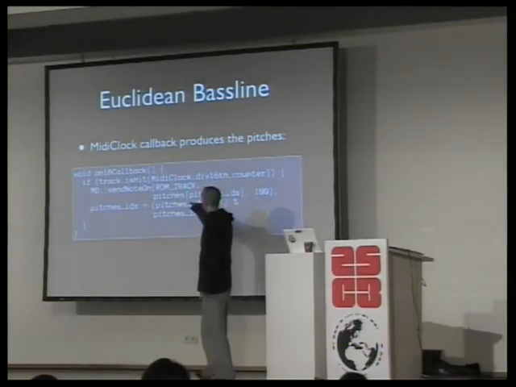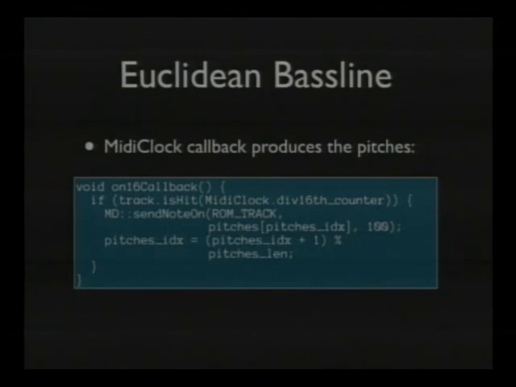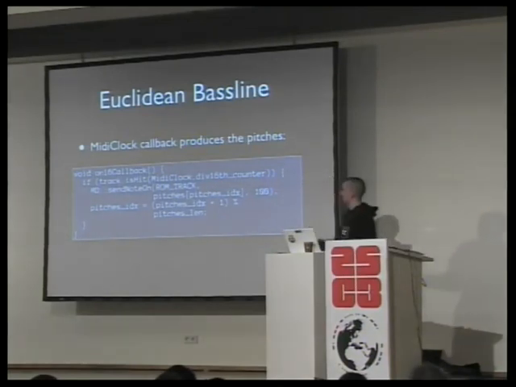So I think I have a pattern here, which is just a bass drum. So just to show you some basic pulse information. And what I'm going to do now on the 16 callback is just have this area here where I store the pitches and just loop around that area. So if you know C, this is just a way to increment a circular buffer. And that's the callback function I get from my synchronization stack on every 16th note.